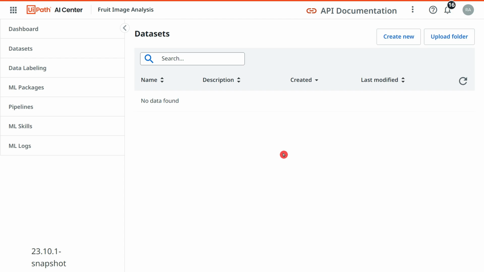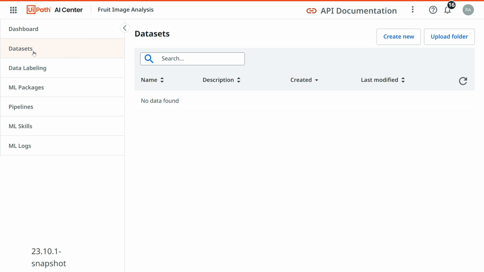Okay, I'm back to my AI Center. All I have to do is click on data sets. Pretty simple. Now your images are set. You have downloaded the images. You have kept minimum images. If you keep so many images, it will take a lot of time to run. That's why I've kept a small number of images which I can easily run and show you. For training purposes, that should be